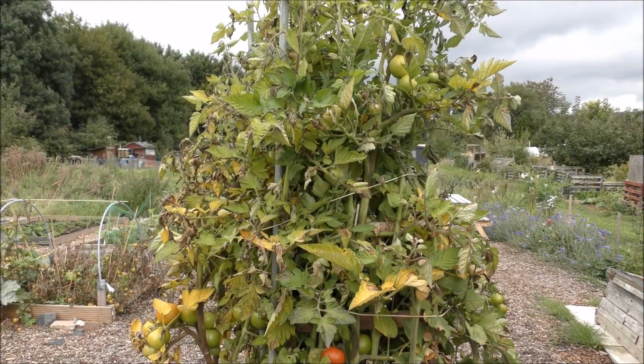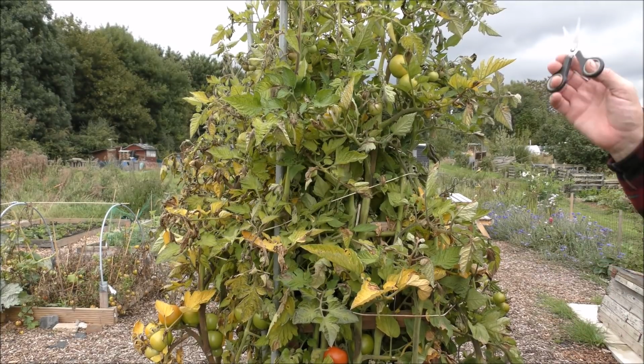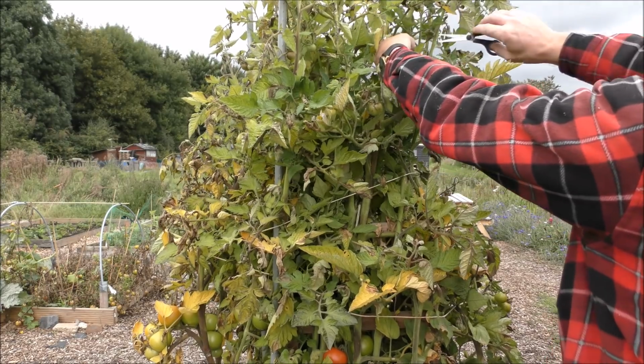So I'm going to show you me now taking them down, and I'll show you the tomatoes we get, and I'll tell you a bit about where we're going to take the tomatoes, and what I'm going to do with that raised bed. Now we've got nothing in it, so check this out. Now is me trying to save some of these tomatoes. The plant is full of blight, and well,